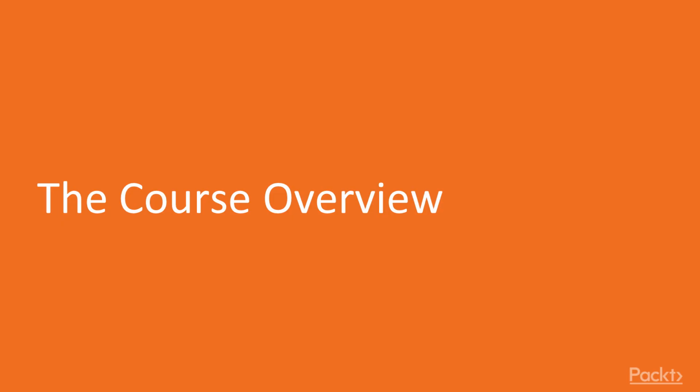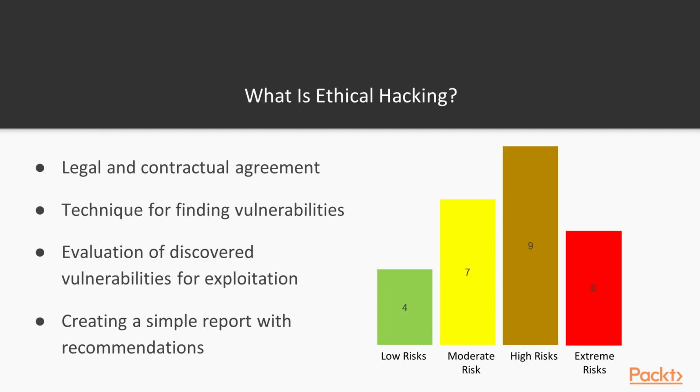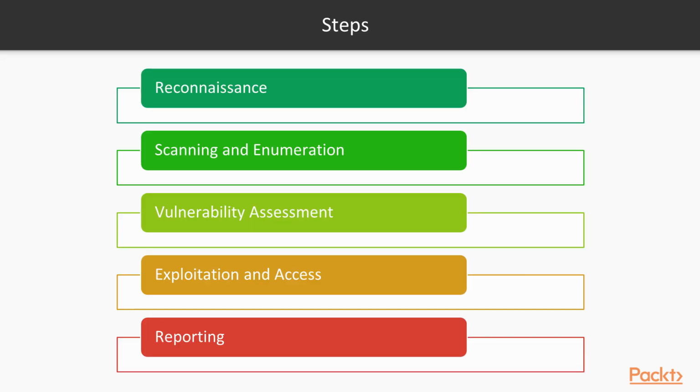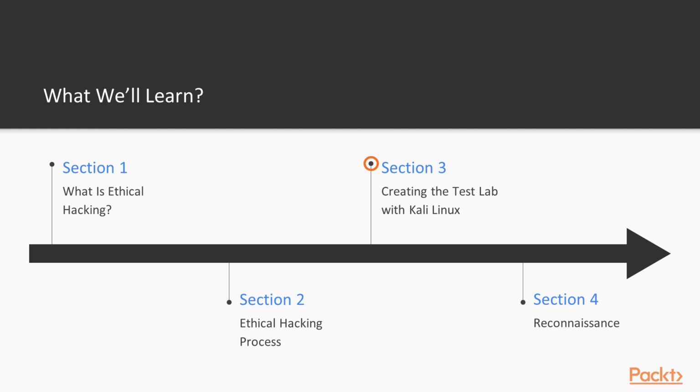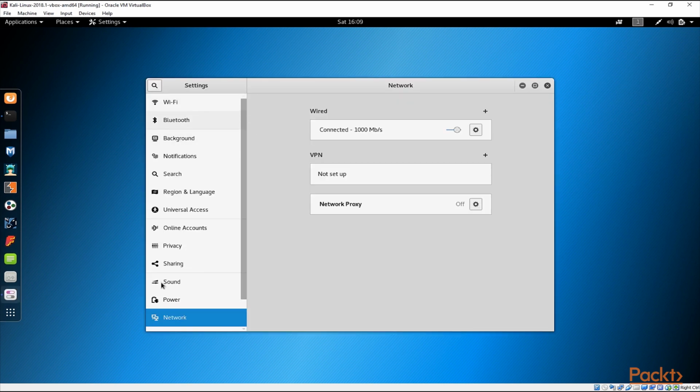Let's start with a quick overview about the course. In section 1, we will talk about ethical hacking, what it is, and what you need to know at a high level about it. In section 2, we will review the ethical hacking process. You will learn about the required steps of ethical hacking and what needs to be done and considered in each step. In section 3, we will go through installing required software and building a test lab environment with Kali Linux